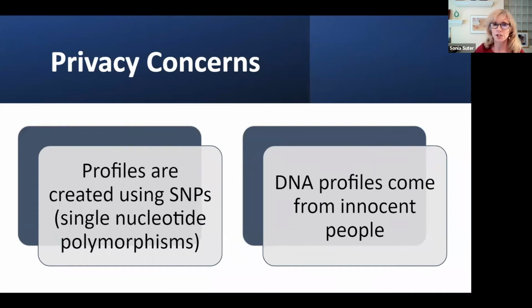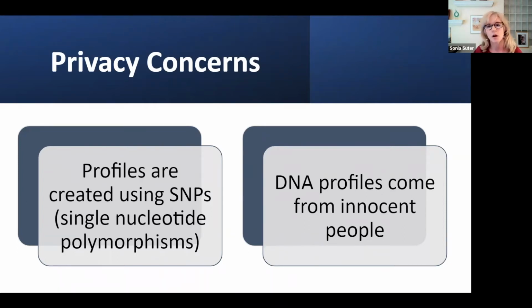But the technology raises a number of concerns, one of them privacy concerns. First, the information in the databases is based on SNPs, which you all know can provide potentially large amounts of information about disease risks, certain traits, ethnicity, and genetic relationships. This means that in theory, the government could use the SNPs for more than just identification purposes, which troubles people.